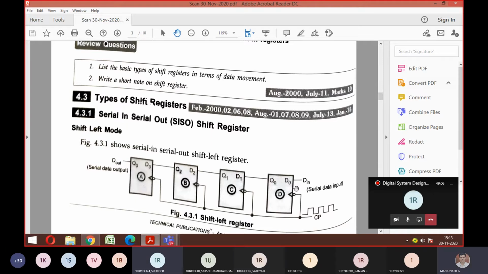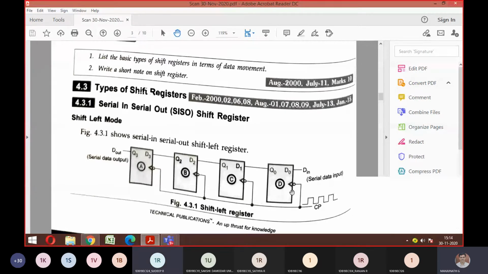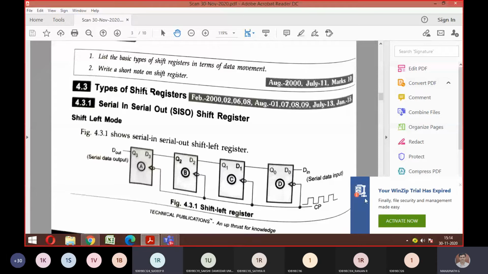Yes, sir. Now look at the diagram. I told you already, we preferred D flip-flop because of its efficiency over other flip-flops. How is it fed? Input is fed to D in. This is serial data, right? Look at the clock pulse. This is at which edge now, positive edge or negative edge? Negative. Good. If this bubble is not there, it is the positive edge. Now look at the diagram. The way I am sending the input serially, in the same way I should get the output serially. That is your D out and D in. This is towards the left hand side, so the same way you can expect for right also.